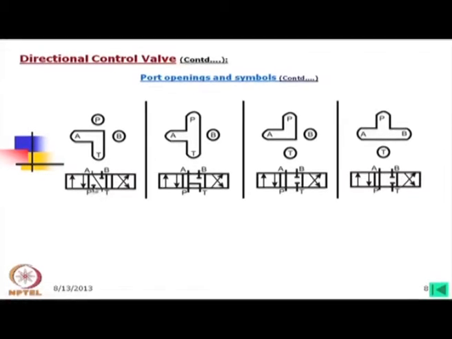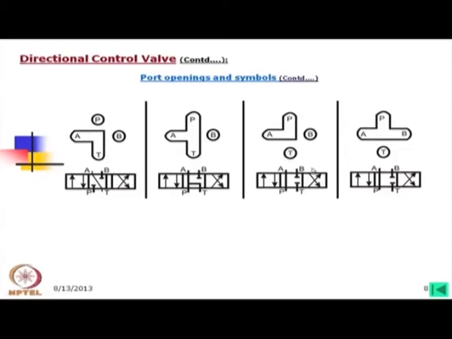This means when it is in the neutral position, one flow to one side is interconnected. Say, if we remember our circuit, the A port was at the bottom, that means when you are in the neutral position, the load will automatically come down, and this oil will go to the tank. Now, you can understand from this that A, P, T are interconnected at the neutral position where B is closed.